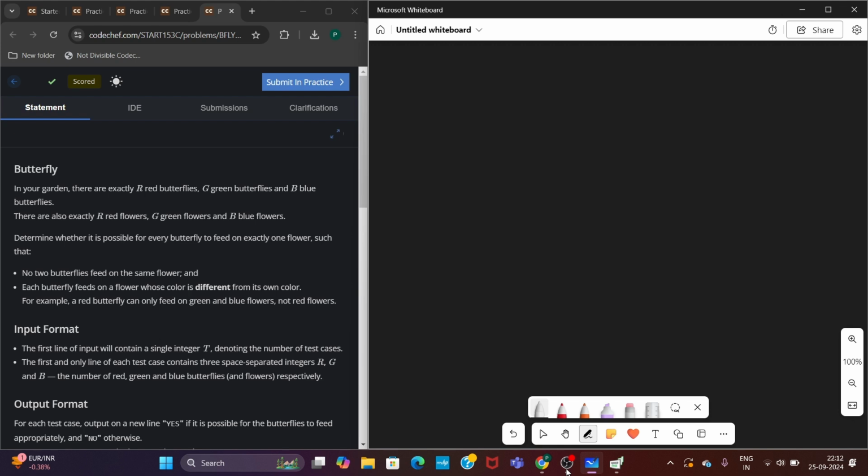The name of the problem is Butterfly. Let's read the problem statement. In your garden there are exactly R red butterflies, G green butterflies and B blue butterflies. And there are exactly R red flowers, G green flowers and B blue flowers. Determine whether it is possible for every butterfly to feed on exactly one flower such that no two butterflies feed on the same flower. Okay, means